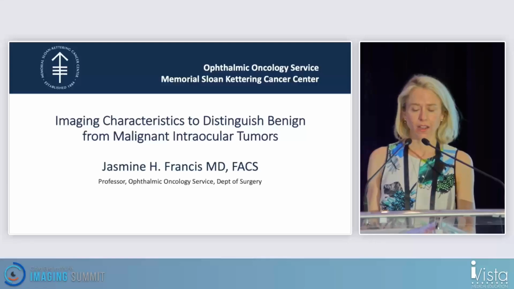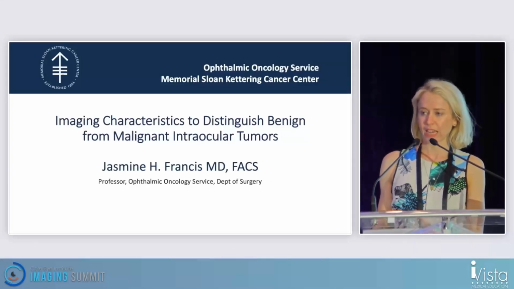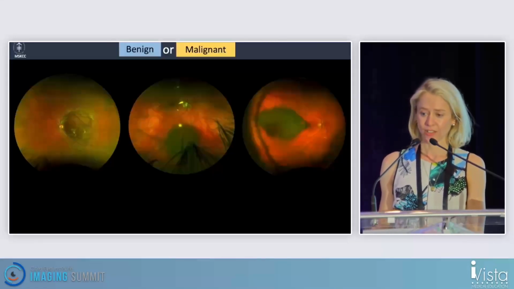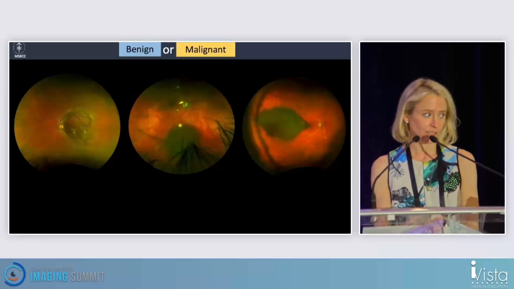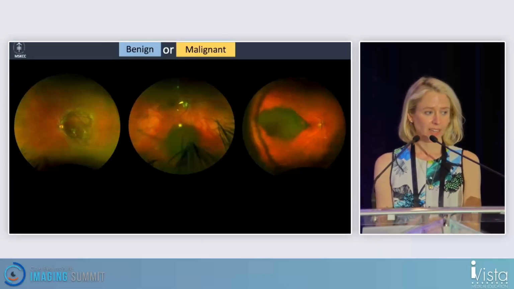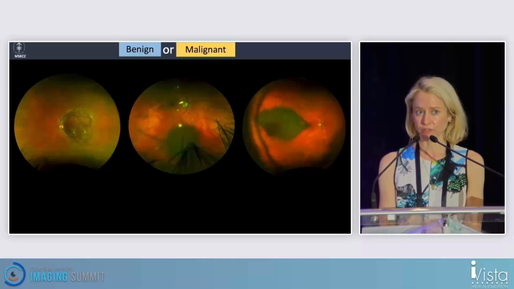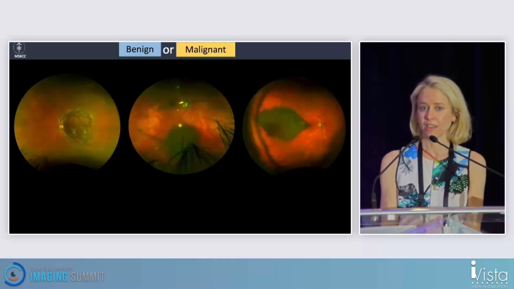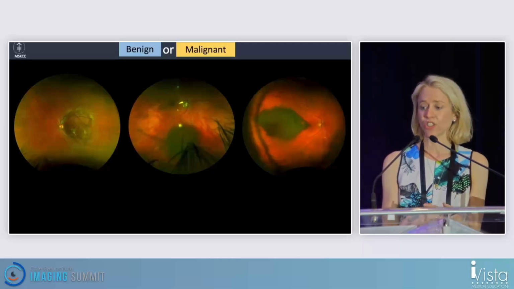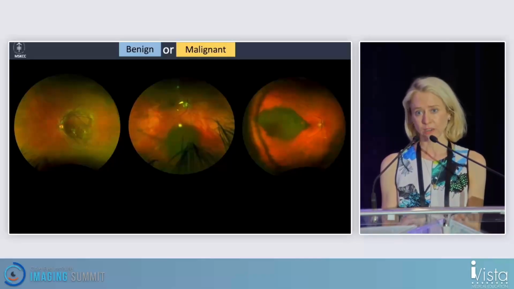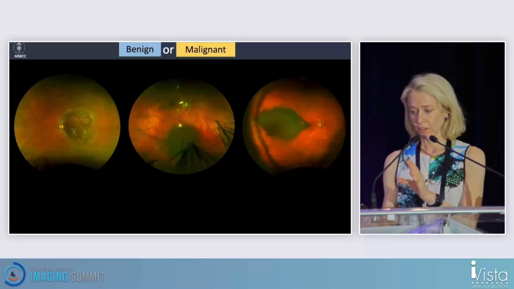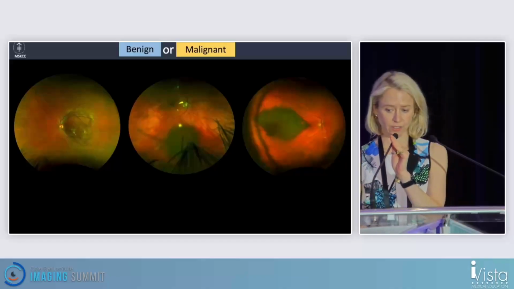Good evening, everyone. I'm going to give this talk almost as a self-test. So I'm going to present you with some images. You're going to look at them, and in your head or on the paper in front of you, you can write down what you think the diagnosis is, and you can use general categories like, is this benign or is this malignant? So if we start with this first slide here,